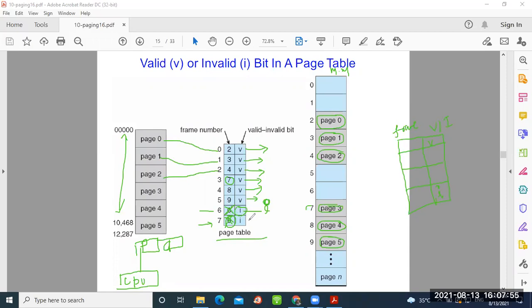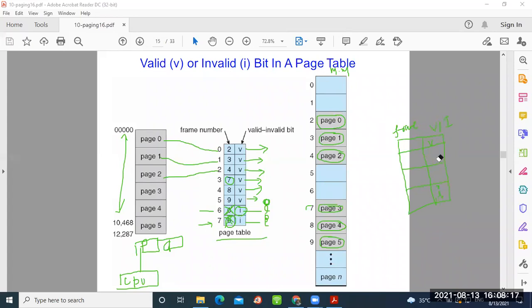So it will suddenly represent I. So I represent यहाँ पर क्या करता है आपका? I will represent that the page is invalid. Okay, the page is invalid, so it is not present. So if it is invalid, what do we have to do? Now you have to bring back this page from the main memory, sorry, secondary memory.